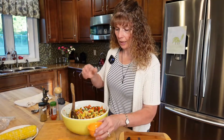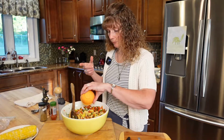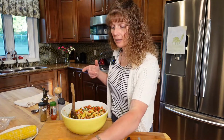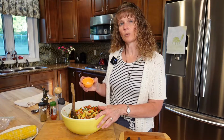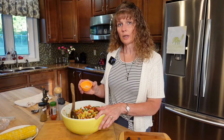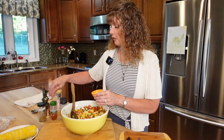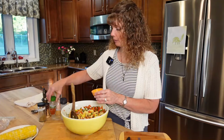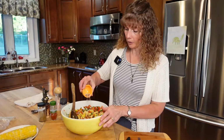So then we're just going to add our lime juice. 2 tablespoons about, it's 1 lime. You could add the lime zest also, that adds a really nice flavor. And then we're going to add our spices. So we have a 1/2 teaspoon of salt, 1/2 teaspoon of cumin. Then we have a 1/4 teaspoon of smoked paprika, garlic powder, and black pepper. So we're going to sprinkle that in here